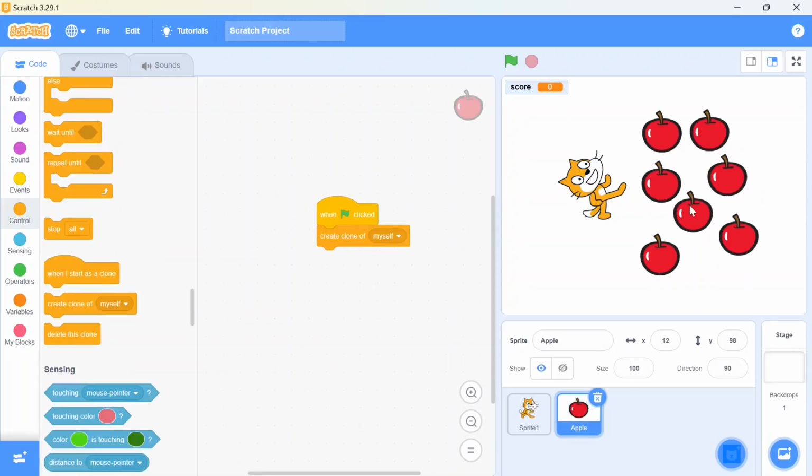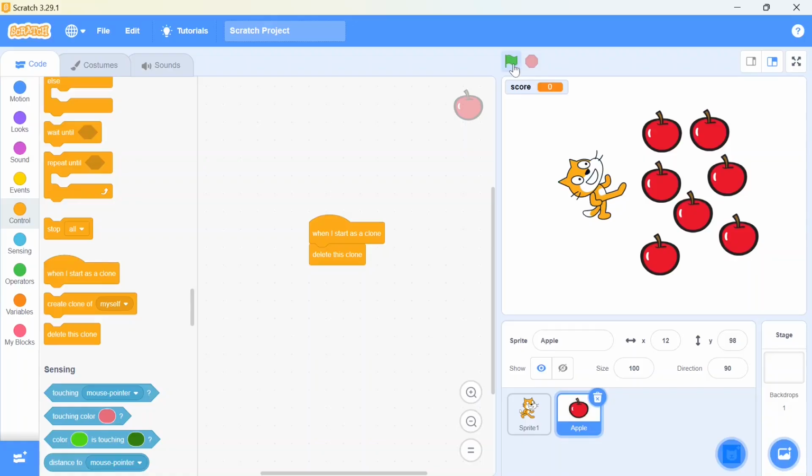As you created multiple clones of this sprite, now you want to delete all the clones of the sprite. So what you need to do: here you can use this block when I start as a clone and delete all the clones which you have created. Just select it over here and click on the green flag, and all the clones you have created will be deleted.